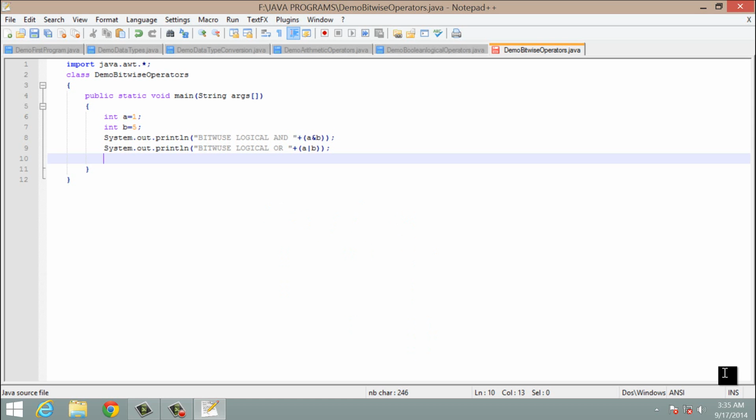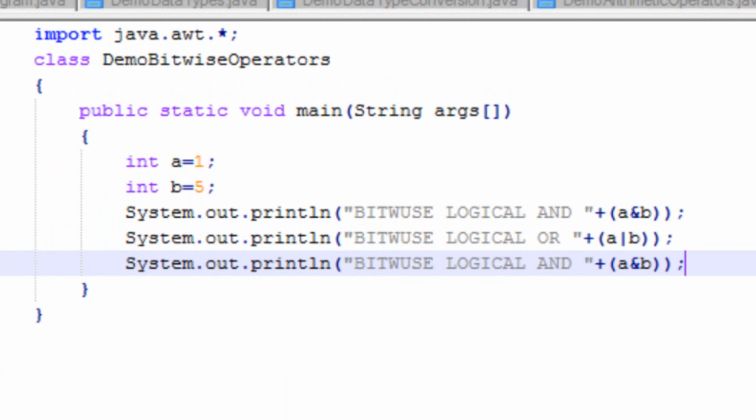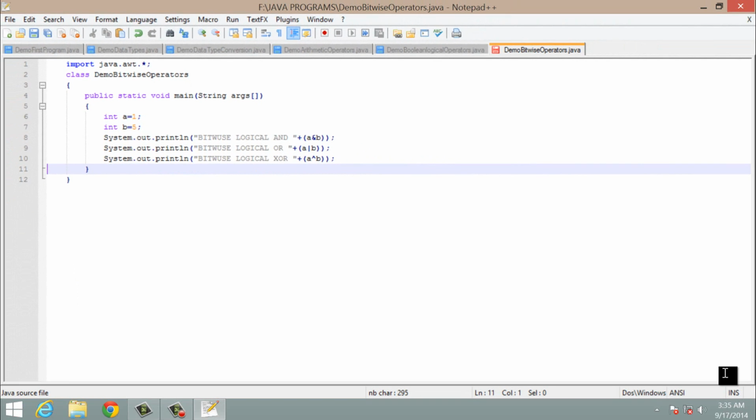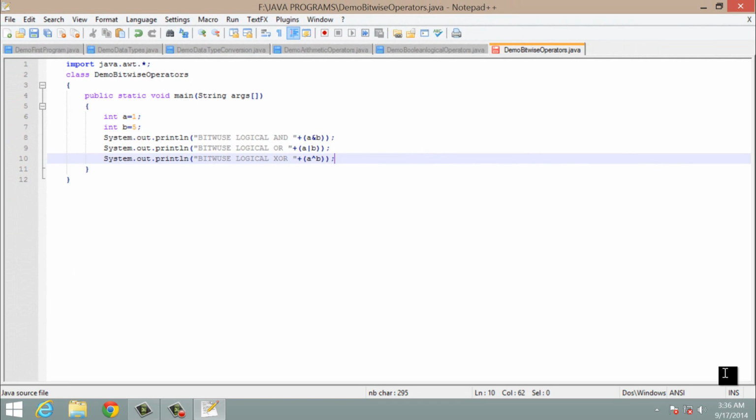Let's see how we can use XOR operator. I will paste this statement again and I will change the sign here and the name here. This is how we can use XOR gate or bitwise XOR operator.